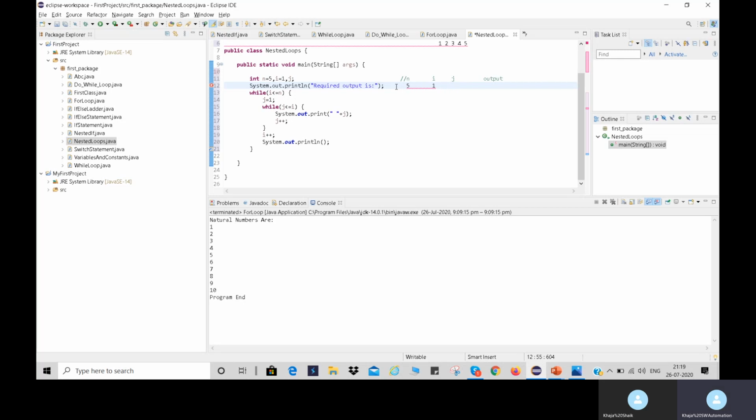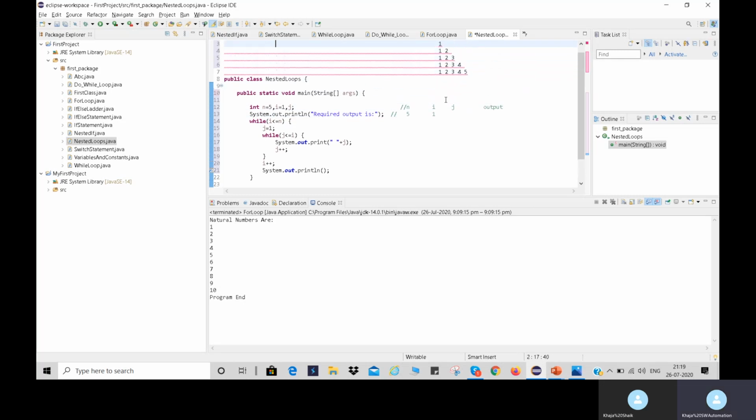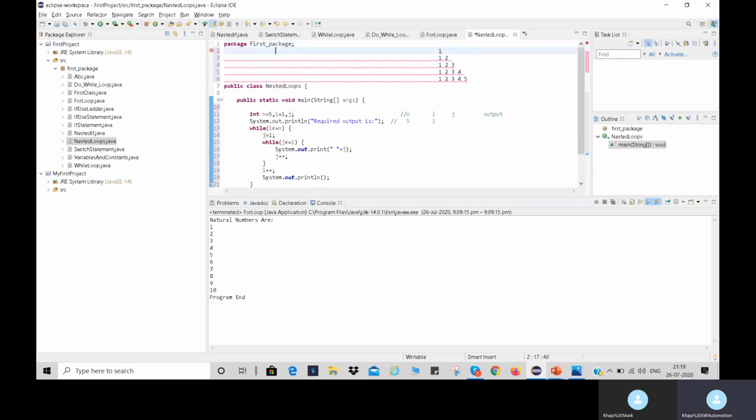So I'm taking variables like this. Okay, let me remove these comments. Let me put some comments here.